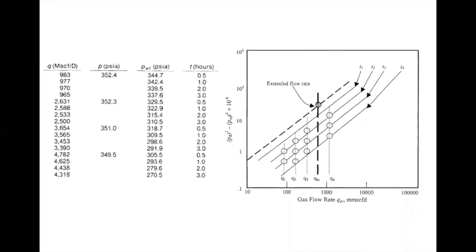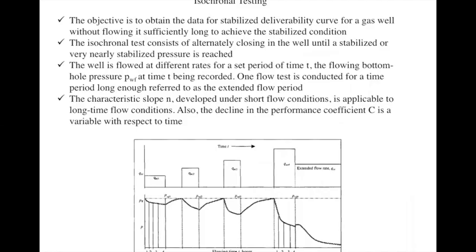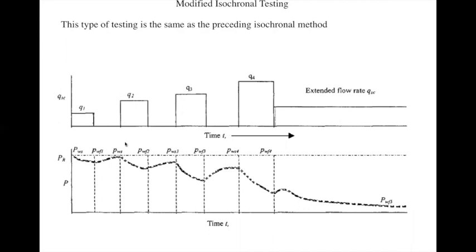And similar is the concept for modified, where you see that we have just taken the value of pressure. In this you can see that the duration of flow rate and duration of pressure buildup are same, right? Only thing, and the last flow rate is the extended period. Obviously in this test data, there may be some inaccuracy, but this will save a lot of time during the test analysis. Therefore, it's very similar to this isochronal test, and the amount of calculation that goes into modified isochronal testing and isochronal testing are also same. Only difference is the time, right?